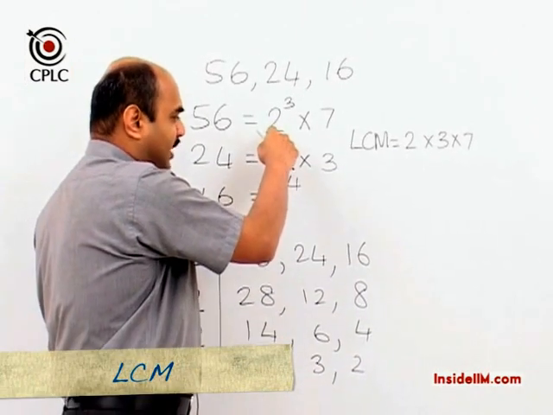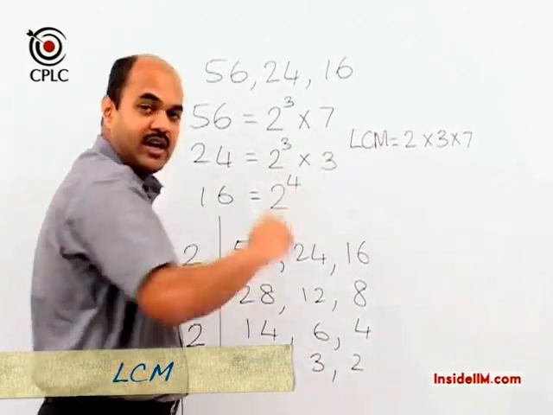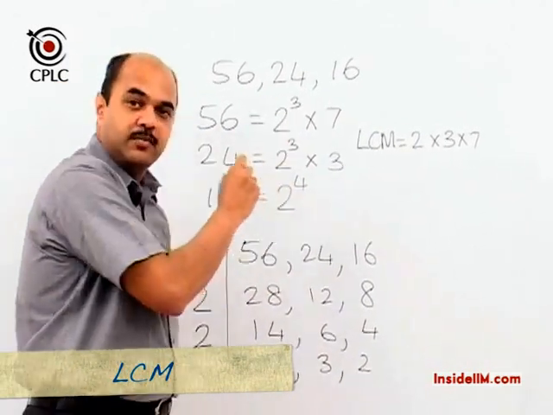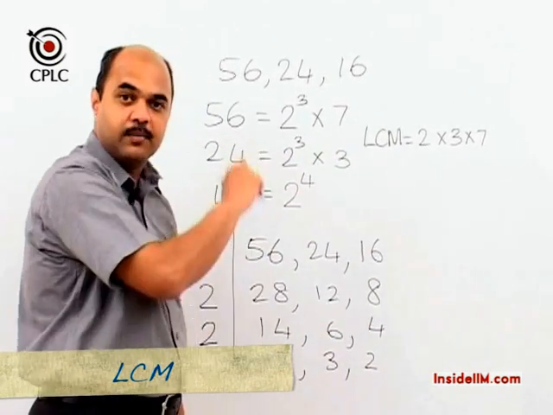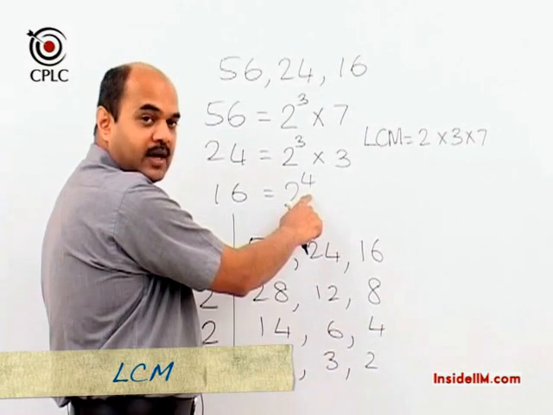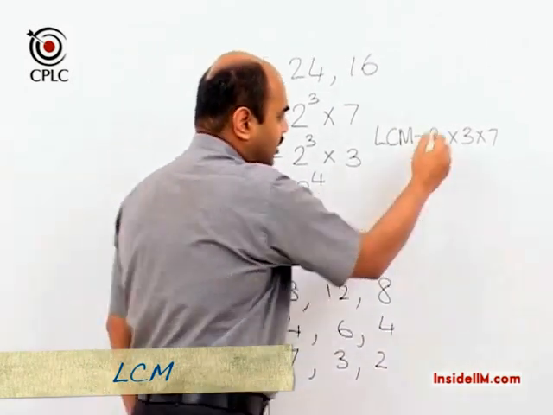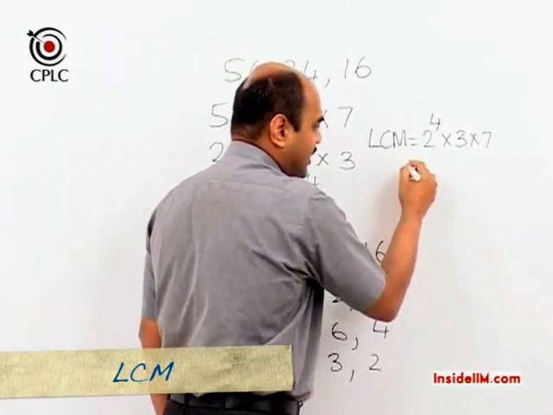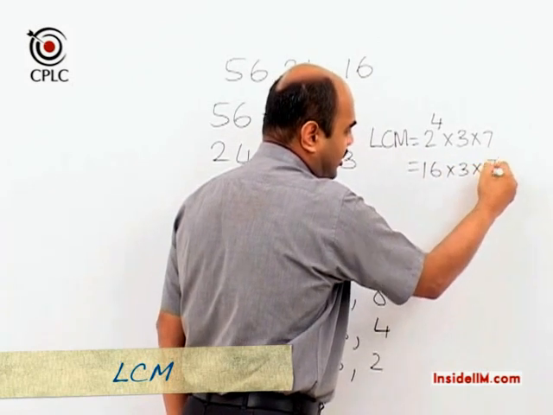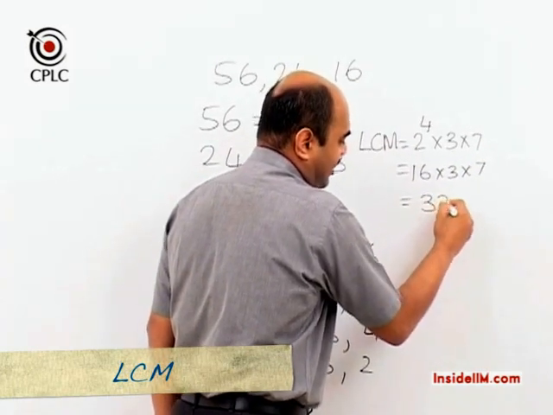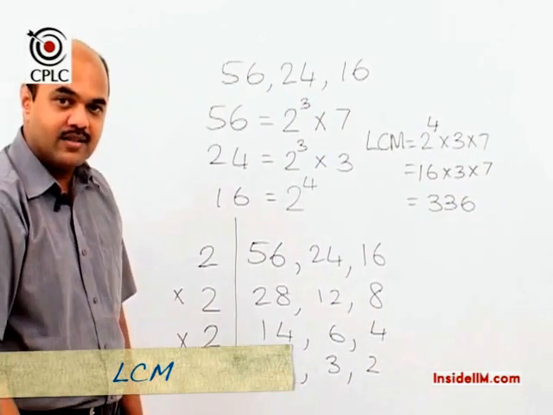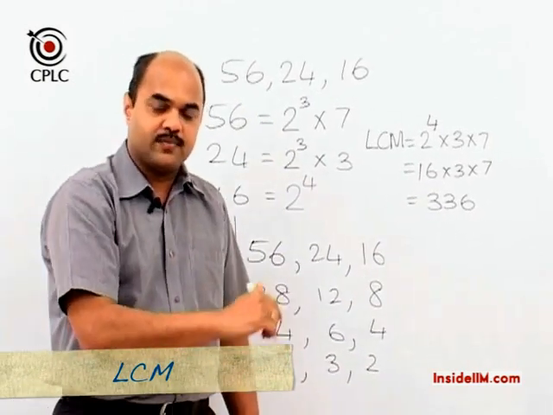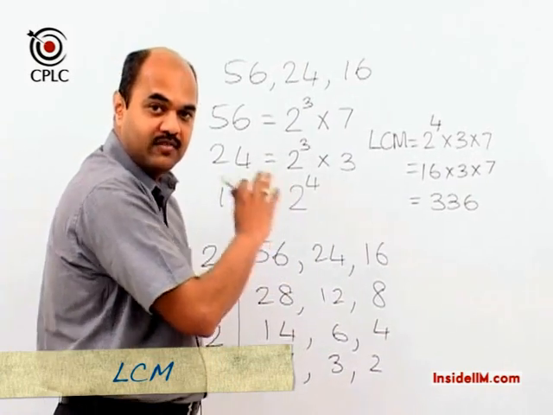So we can see that there are three prime factors, 2, 3 and 7. Hence we write down the prime factors. And we now look at the largest possible power of each prime factor that appears anywhere. So the largest possible power of the prime factor 2 is 4. So we consider 4 here. And for 3 and 7, it remains as 1. So my LCM will now be 16 multiplied by 3 multiplied by 7, which would be 336. So to find the LCM, we can factorize the numbers, take all the prime factors that exist and the largest power of all the prime factors.